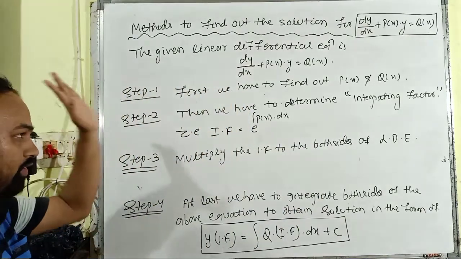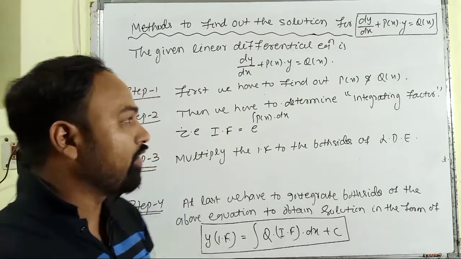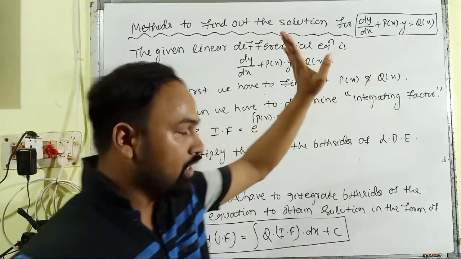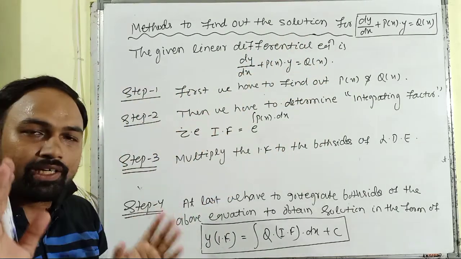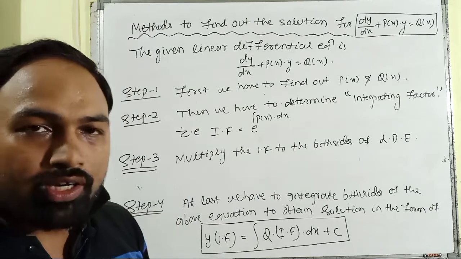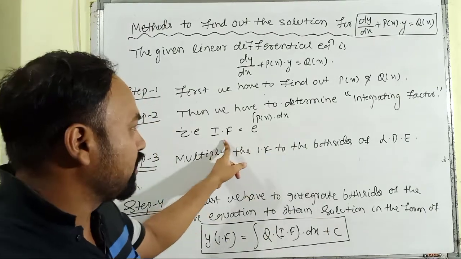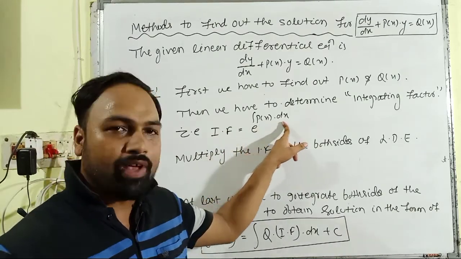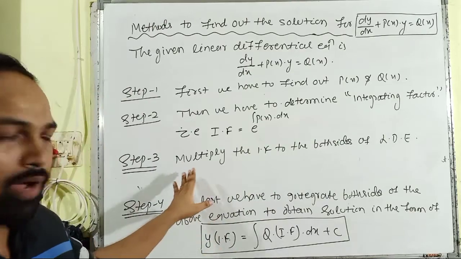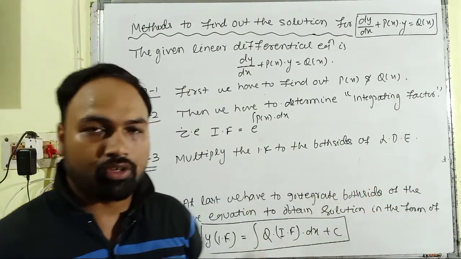So the first step is we have to determine the value of p of x and q of x from the linear differential equation, and then we have to find the integrating factor, shortly denoted by I.F. The integrating factor can be determined by the formula e to the power integral of p of x with respect to x. Then we have to multiply the integrating factor to both sides of the linear differential equation,